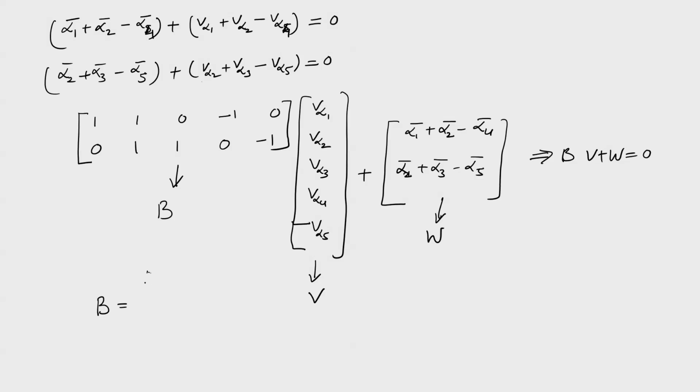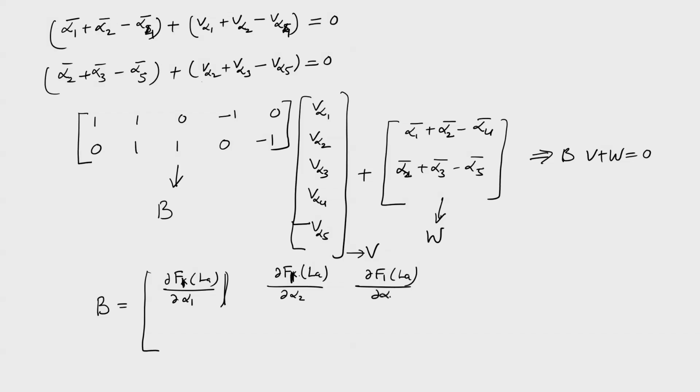Let us take the last one, how to solve the nonlinear problem, or we can take it in a simple way where I can say that the B matrix is also given by, in this main equation, I can write this thing: dou f by dou f1 at LA, dou alpha 3, dou alpha 4, LA here, and dou alpha 5.